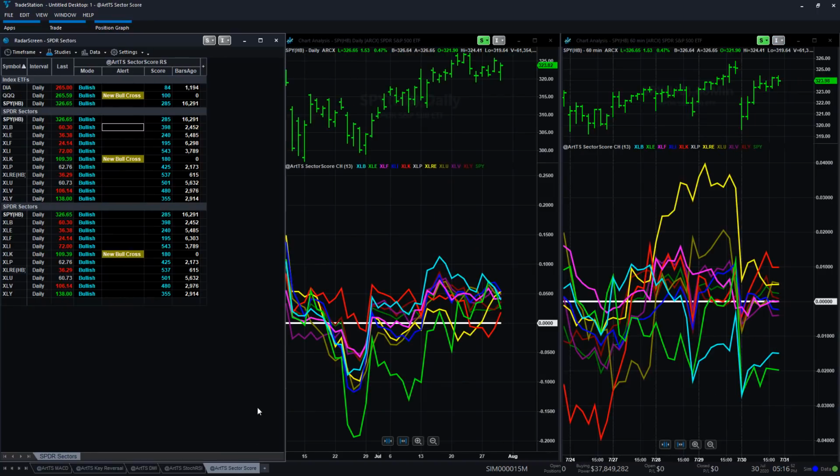And finally, my spaghetti charts here. So I'm going to start with RadarScreen in this case. So in RadarScreen, I'm just looking at the spider sectors. So I've got some general indexes up here, but those aren't really part of this. I'm looking at the spider sectors at